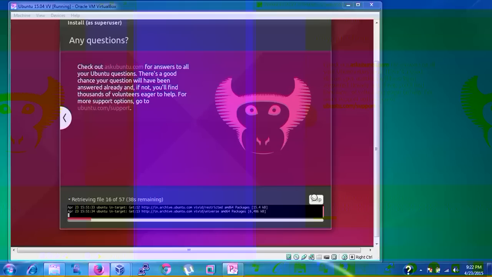Here you need to skip, and it's going to be downloading some other files, but you can skip by pressing skip, which are not required, as you wish. If you want to install, you can install it. After that it's going to be creating the user, then targeting the system, then installing the packages. Here you can also skip this package installing. Later also you can install these packages, after the complete installation.